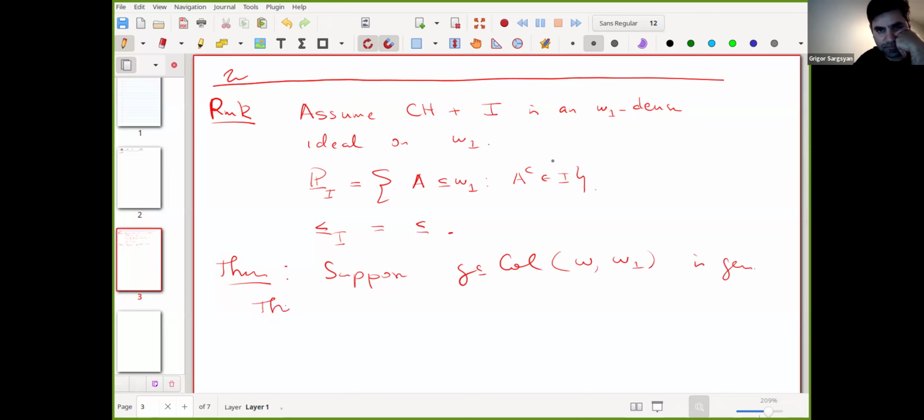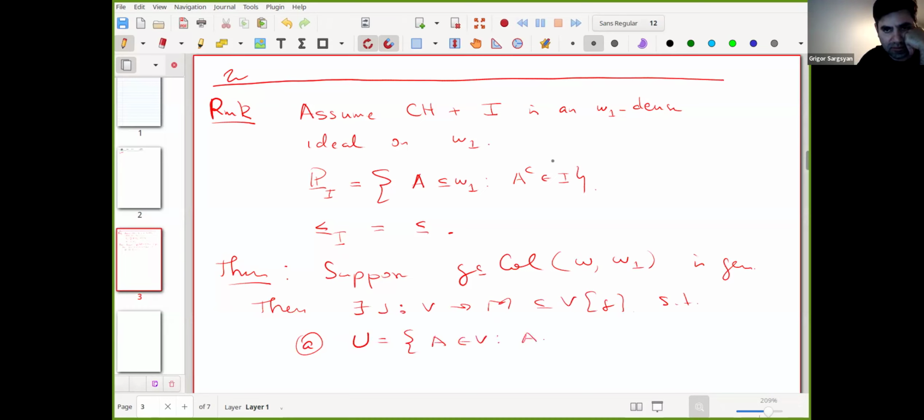Then there is an embedding j of V into M in V[G] such that, if you derive the extender from j, let U be the set of A, where A is a subset of omega-1 of V and omega-1 of V belongs to j(A),